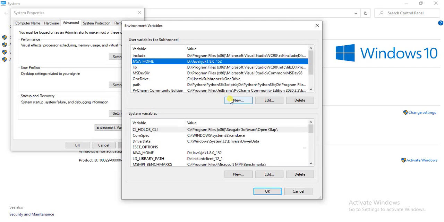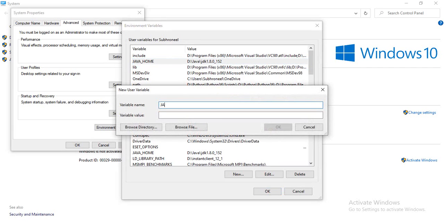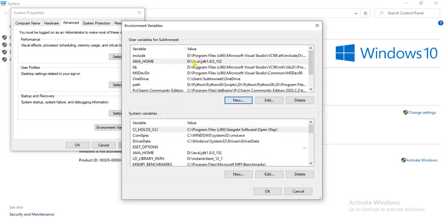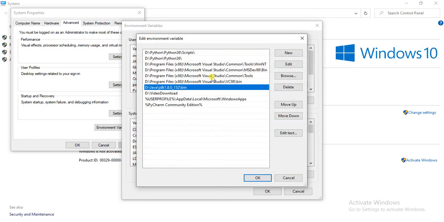If you don't have this, just click on New, write JAVA_HOME and set the path. Here the path is D:\Java\JDK 1.8.0_152. This is the version. Another thing you need is Path. If you click on Path,